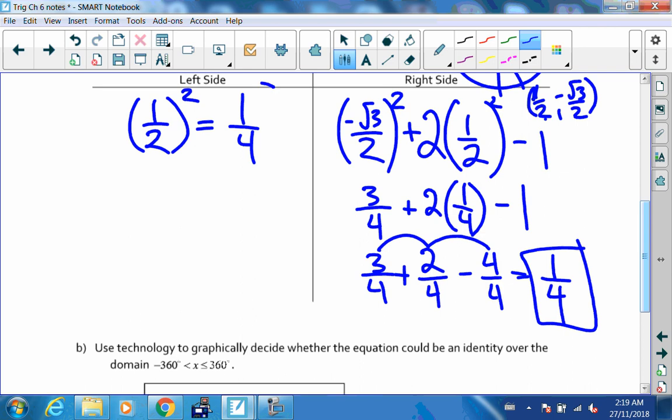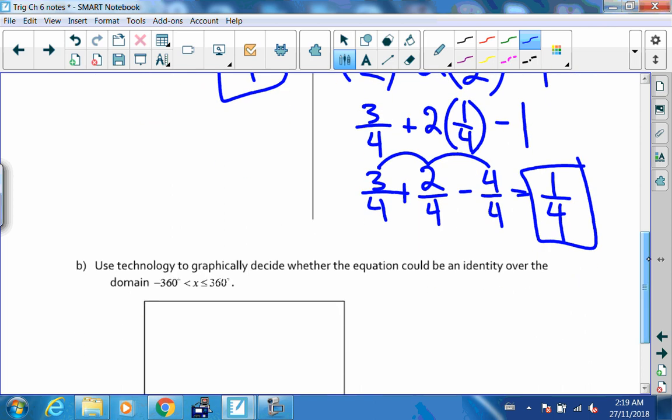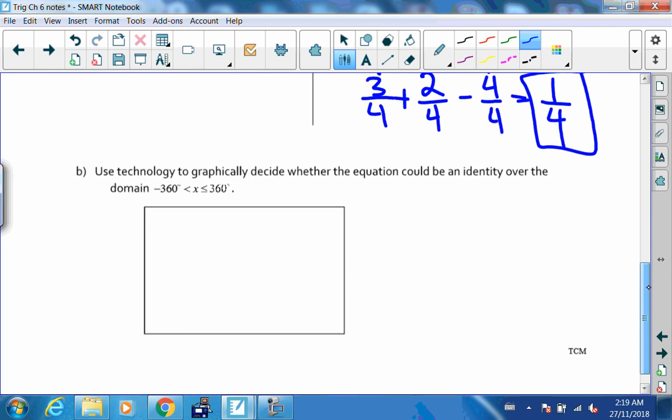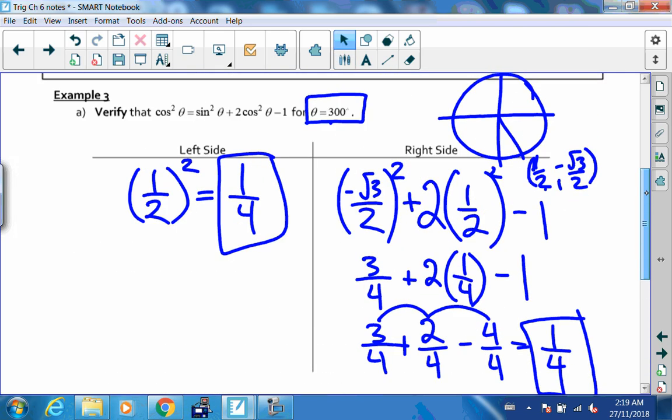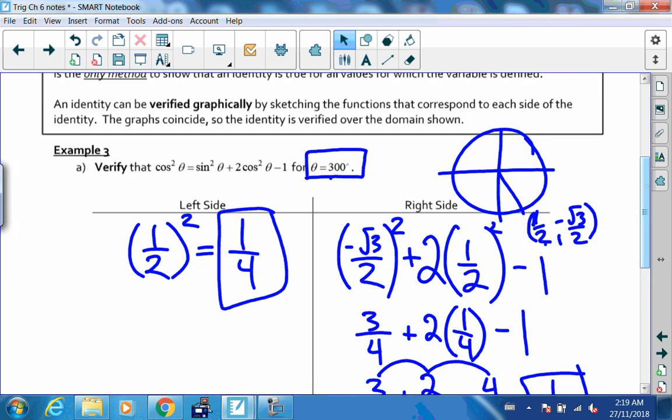And hey, look, the left side and the right side are the same. Did we prove this? No. We just showed that it happened to work for 300 degrees. We don't know that it works for all angles until we can prove it with only variables. We could also just plot these graphically. So if I was going to plot these graphically, I can just go